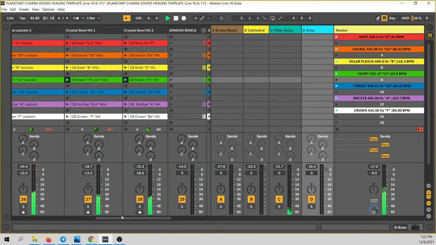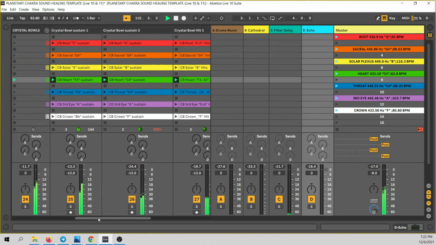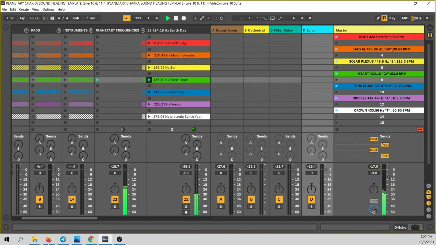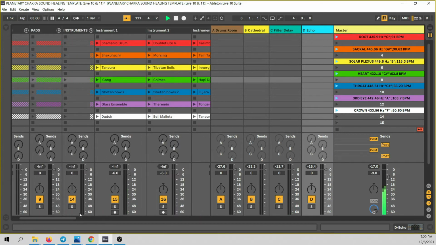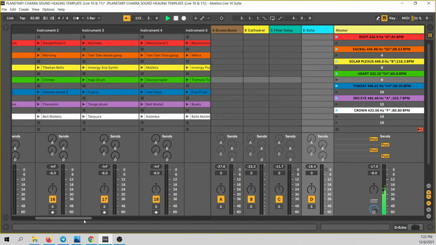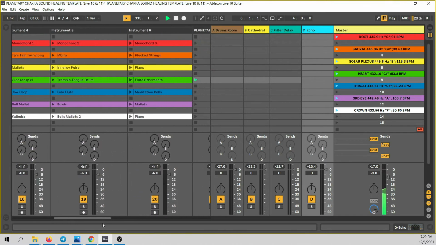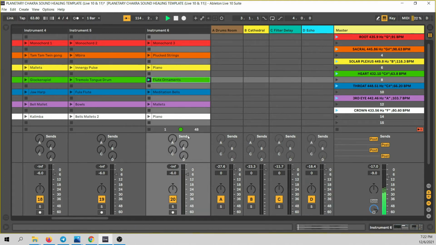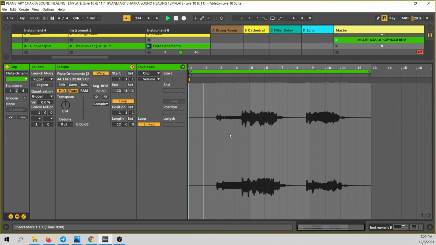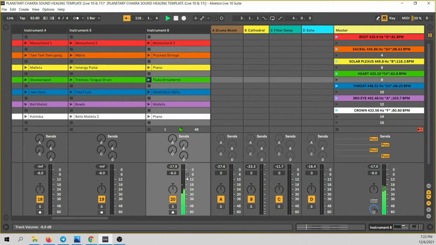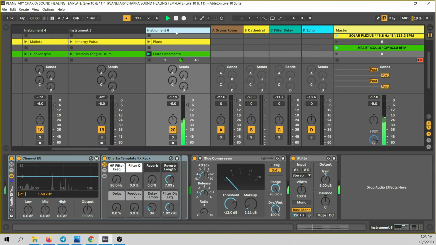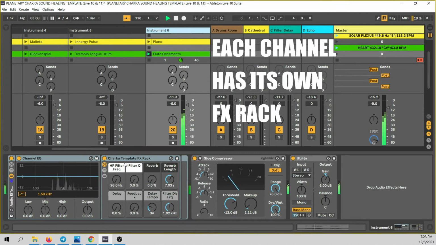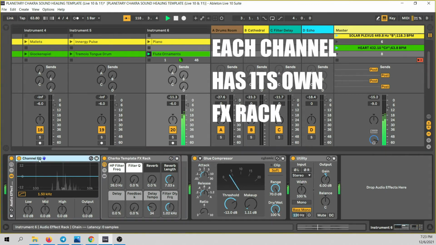Actually, let's go into the instruments section here, to the sound journey. We can see what we have here. Maybe some flutes. And as you can see, they're also not starting right away. This is also, again, to create variety. So if I double click on this channel here, you will see that each channel has a channel EQ,